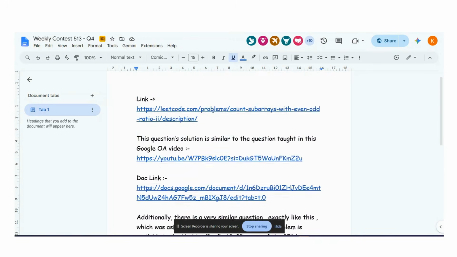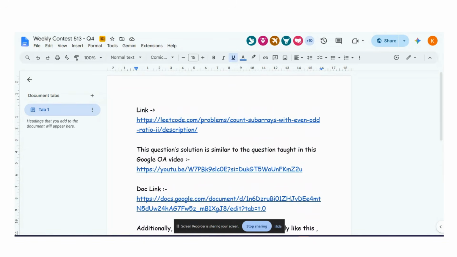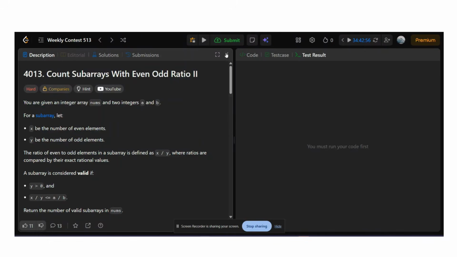Okay. So we have to solve this Q4 problem. Now, before we solve the problem, you always need to know the past history about the problem. So this problem is not an